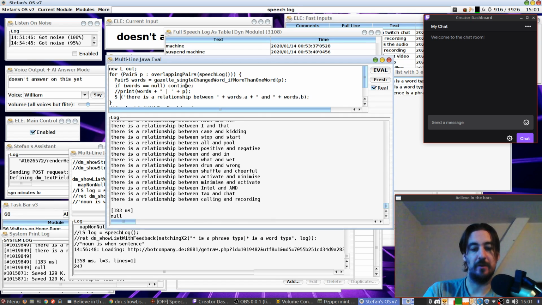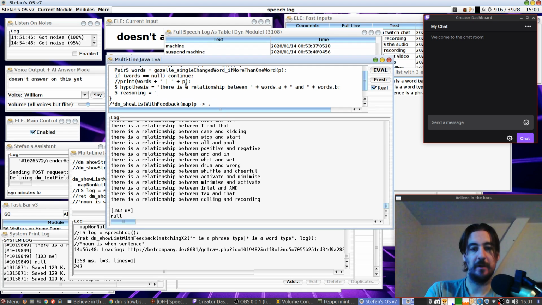Okay, so hypothesis and reasoning. Let's be as clear and easily understood as possible, even when somebody else reads it. The reasoning is that one line followed another in the speech log.